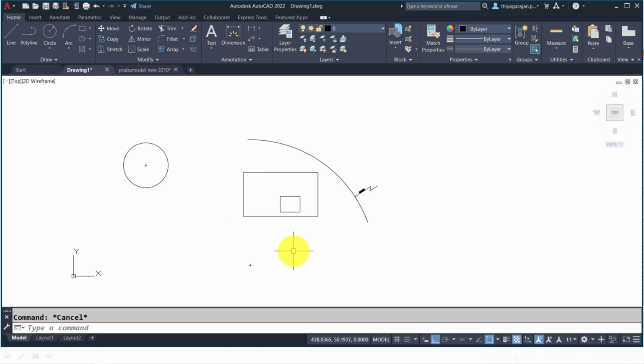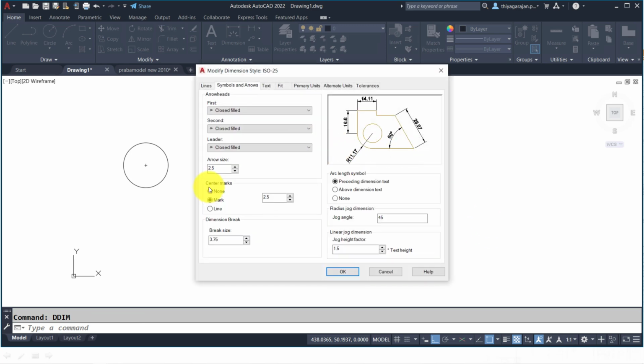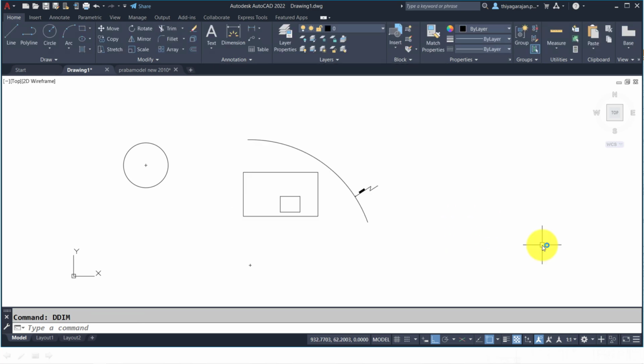For that, we need to go for the dimension edit command. Let me choose DDIM. This is the dimension edit dialog box. You go to the modify center mark line. Now I'm going for DIMCENTER. I have changed the settings. Now I'm going to mark as center lines. You can see the center lines. Similarly, you can show the center lines. Okay,